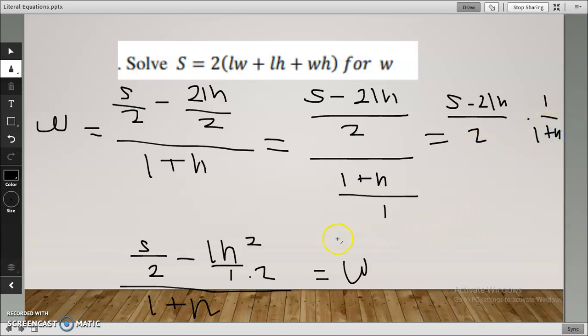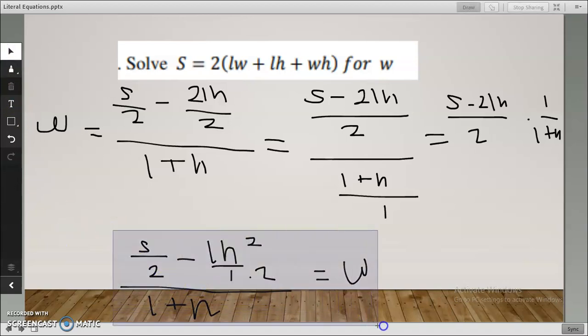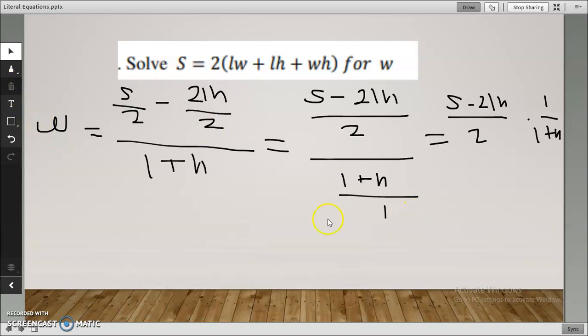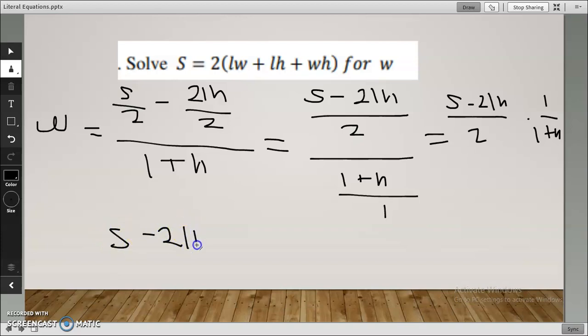And so when I rewrite this, I get s minus 2lh over 2 times l plus h